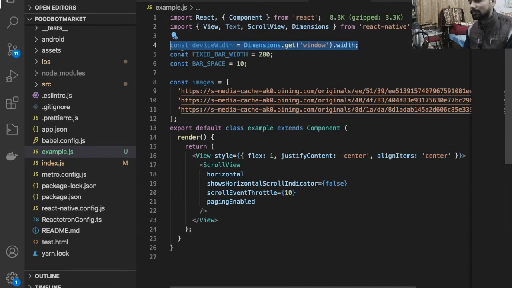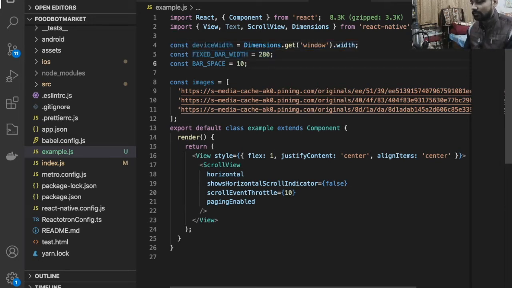This line basically helps us to calculate the width of our device. So why are we calculating this width? Because when we are scrolling horizontally from one image to another image, it will calculate the whole width of the section, because we want to skip that width when we are scrolling from left to right. So we want to skip that width directly from one image to another image. That's why we are calculating the width. Just ignore this if you are not getting my point.